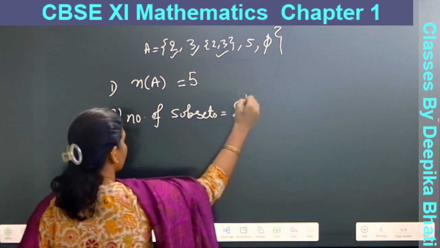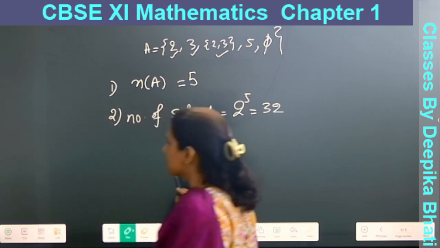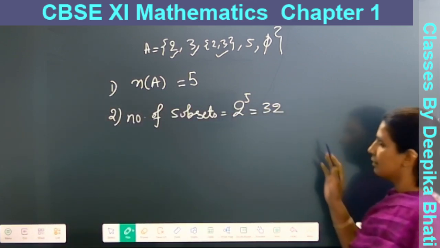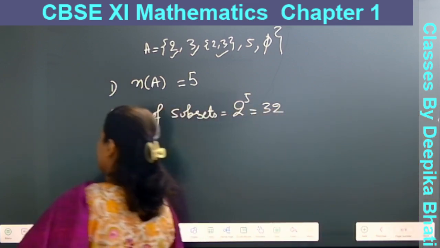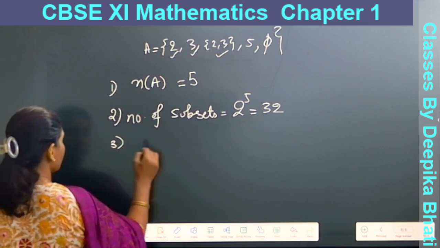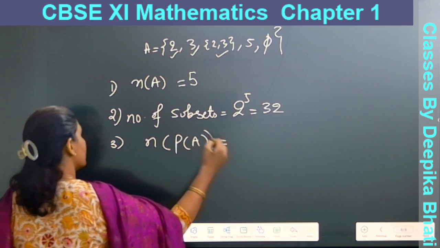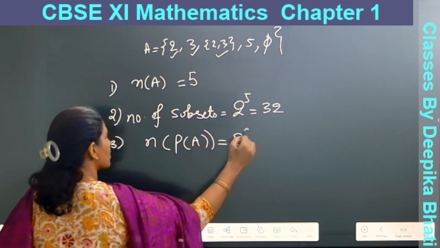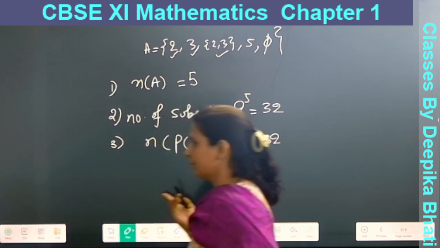2 raised to power 5, that means 32 subsets we're going to have in this particular question for this particular set, right? And if I ask you the number of elements in the power set of A, this is the same as 2 raised to power 5, which is 32, same. Okay,